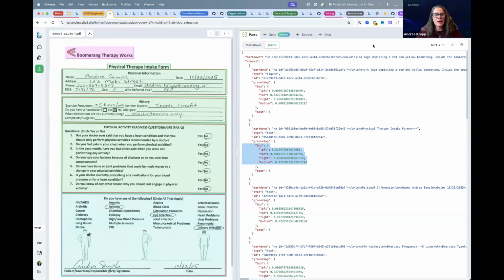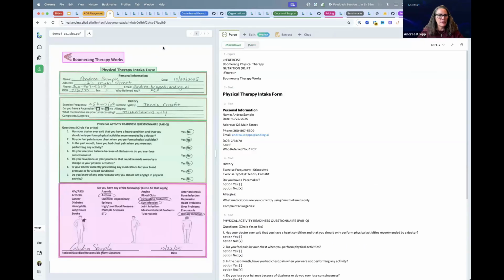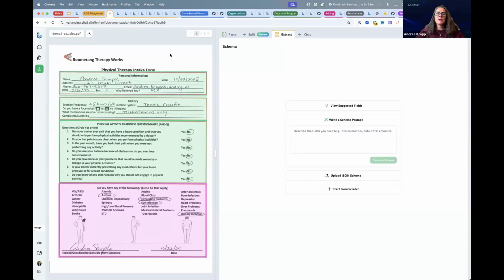Okay, excellent. So let's do a little bit of extraction. This is the same form, just I did some of the work in advance here. So what is extract? Let's see, we'll do start over. So the extract API takes the output from parse. So we saw that the output of parse is the markdown and the JSON. And then if you want to extract particular fields from this document, you can then use the extract API to do that. So you're going to need to send the markdown and